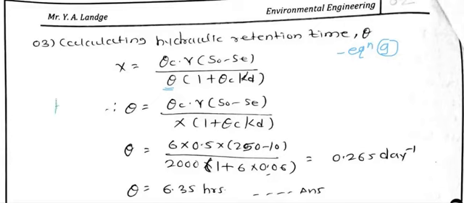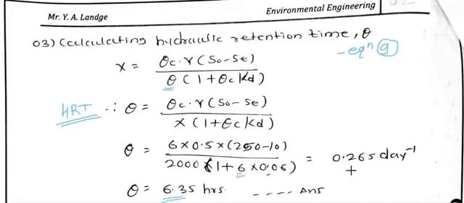That is the hydraulic retention time, HRT. So we put the value of theta c, which we calculated, which is 6. We know the value of Y, which is given in this problem. We know the value of S0 and SE. We have the value of X, the MLVSS concentration, which is given here. 1 plus theta c is calculated, and 0.06. So from that we got the value of theta as 6.35 hours.